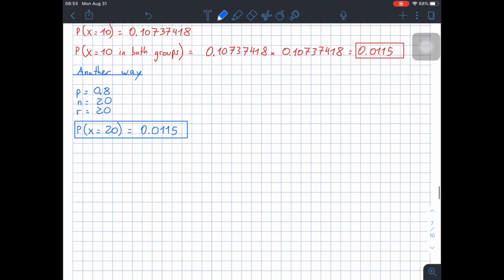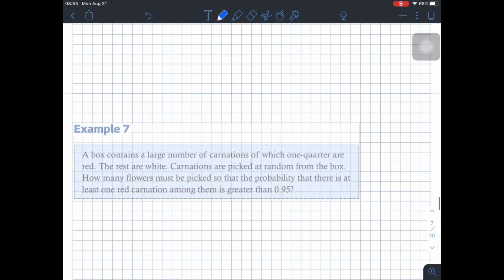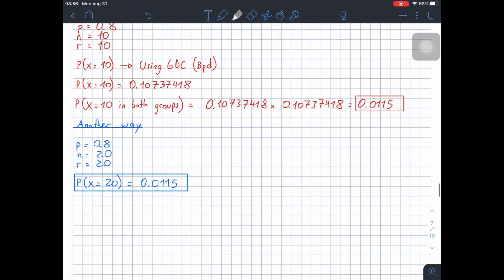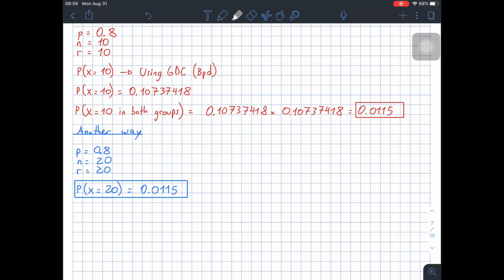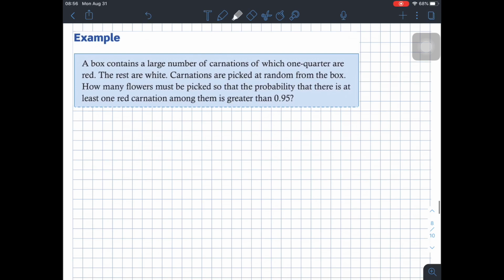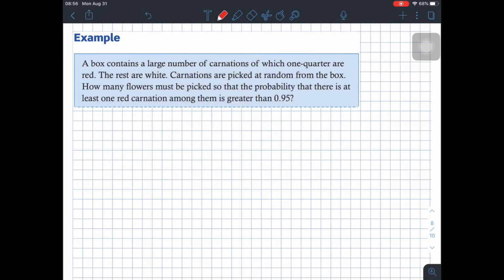Okay, now let's move on to this last example. Let me check this a little bit up. Here. So, let me see. For this last example, it says, a box contains a large number of carnations, of which 1/4 are red, the rest are white. Carnations are picked at random from the box. How many flowers must be picked so that the probability that there is at least one red carnation among them